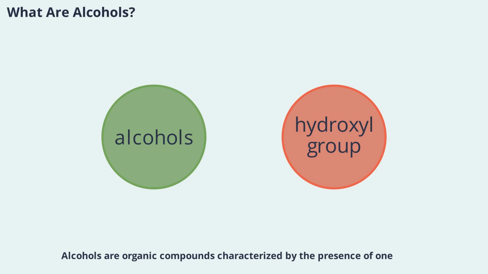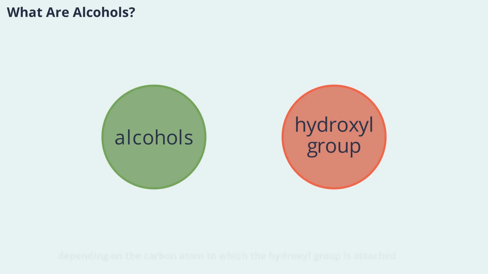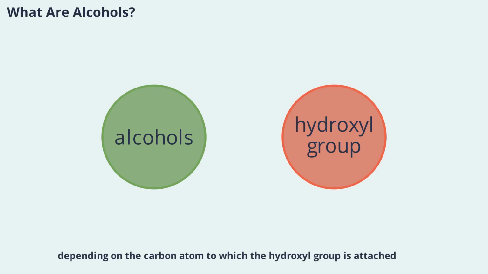and industry. Alcohols are organic compounds characterized by the presence of one or more hydroxyl groups, OH, attached to a carbon atom. They are among the most common and versatile compounds in organic chemistry. Ethanol found in alcoholic beverages is a well-known example. Alcohols can be classified as primary, secondary, or tertiary, depending on the carbon atom to which the hydroxyl group is attached. Their unique structure allows them to participate in a variety of chemical reactions, making them essential in both laboratory